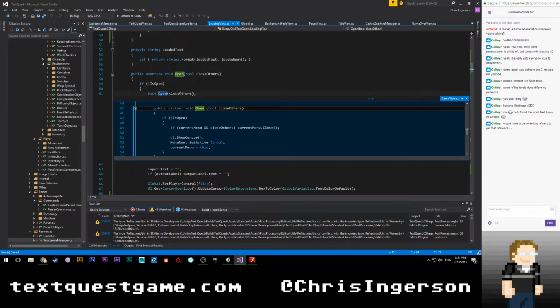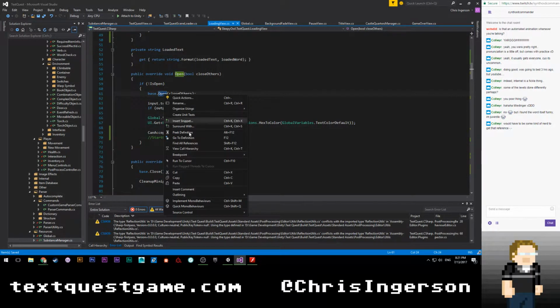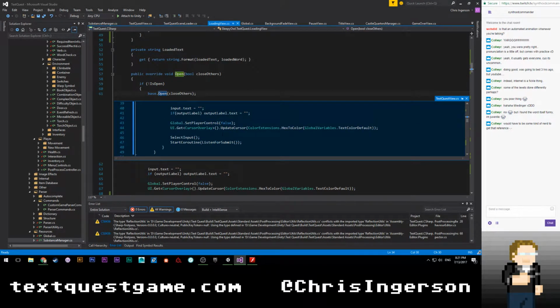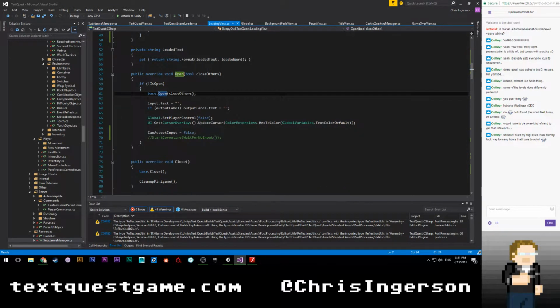So I'm going to, I think, have to move all of that logic into this open. Unfortunate, but probably necessary. Peek definition. Just because I think there's a lot of stuff going on here, mainly it's this. I don't want to select input, and I don't want to start this coroutine. Oh, I immediately found what the problem is, I think.